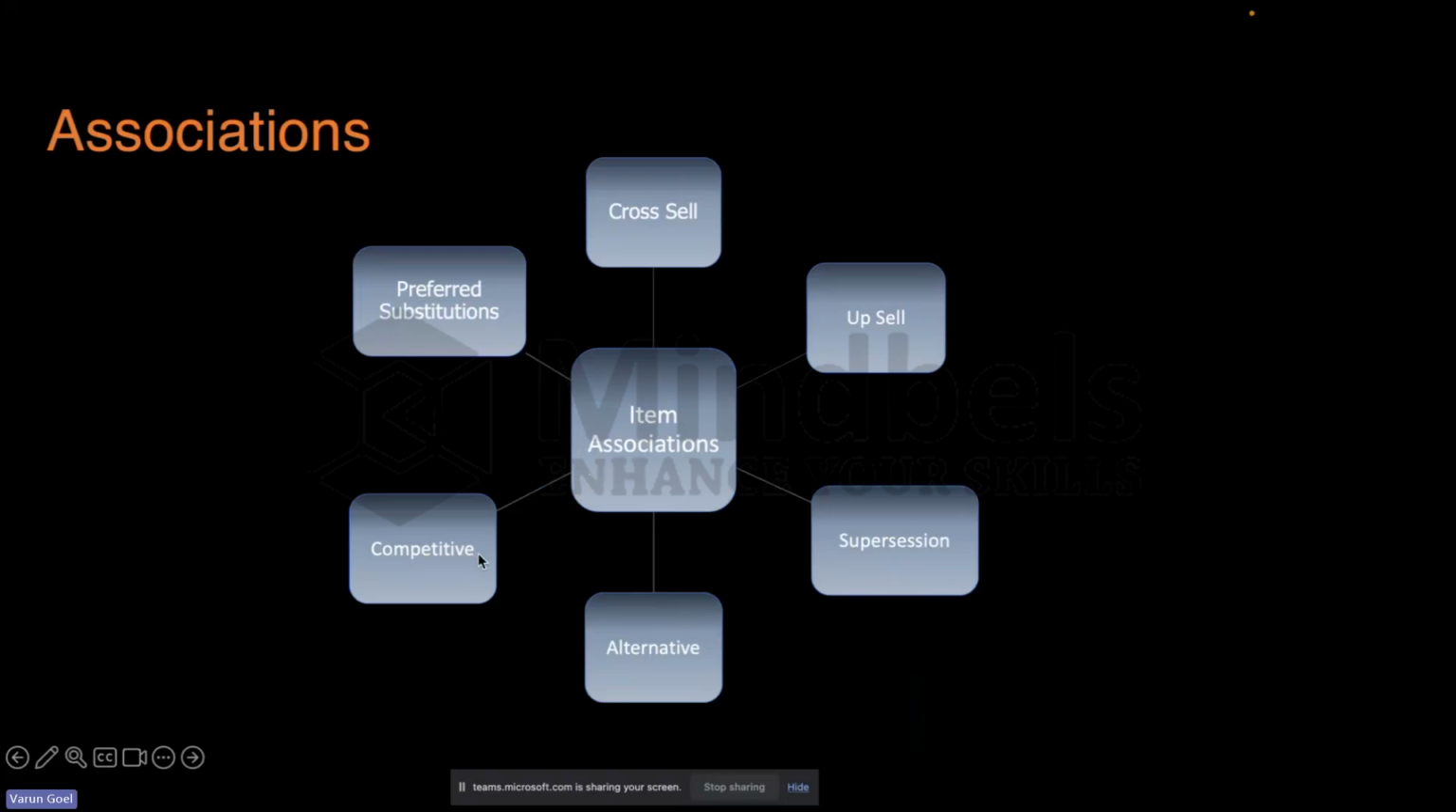Then we have a competitive thing. Let's say if you're buying a Samsung TV and somebody shows you a Sony TV over there, like why are you buying a Samsung, Sony is the best brand in terms of TVs. So you go to Sony and you buy that. It's almost of the same range. So it's a competitive way. You can create item associations. Preferred substitutions are like you provide them a substitution that, okay, we have